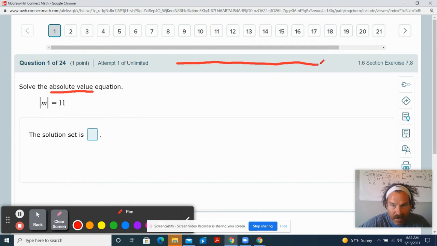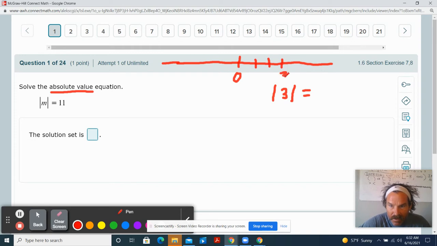I'm going to be drawing a lot of number lines tonight. I think a sketch of a number line when you're doing these problems is going to help you tremendously on this homework assignment. The absolute value is the distance something is away from zero. Here's zero right here. If I ask you what the absolute value of 3 is, well, 3 is